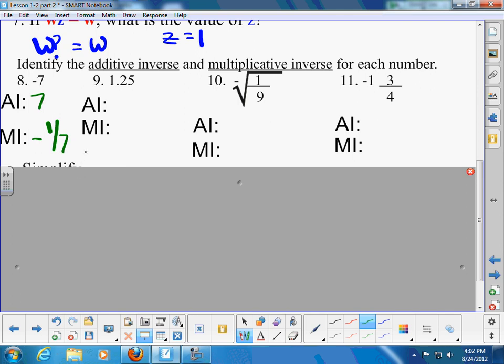Number 9's problem is the number 1.25. The additive inverse there, again, would be opposite sign, which is -1.25. And again, the multiplication inverse is just the reciprocal. Again, it has the same sign. So that would start off as